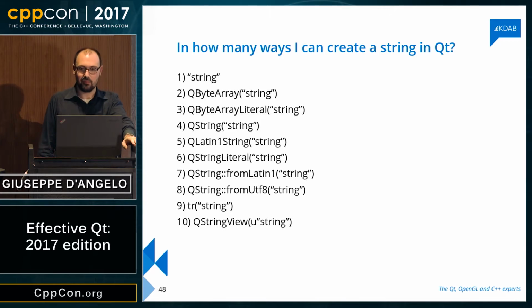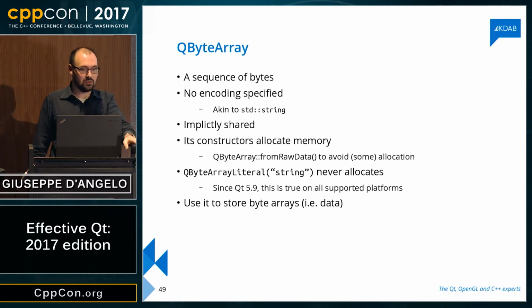Would you agree, right? Okay, so let me clarify a little bit about what's going on in this slide, one block at a time. In particular, let me discuss the classes that are involved in here. The first class to discuss is QByteArray. QByteArray is basically just a sequence of bytes, a byte array. It's not a string because it does not specify an encoding. And we know about something like this in the standard library, that's std::string. Yeah, this is the equivalent. It's just a collection of bytes. It does not have any encoding, and therefore, as such, it's not a string. It's a sequence of bytes.